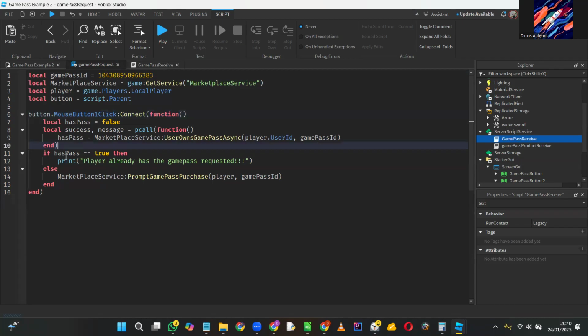And if has pass double equal true, then print player already has the game pass requested. Else than that, marketplace service from game pass purchase player game pass ID. It's already correct. Okay, that's the one. Now after that,